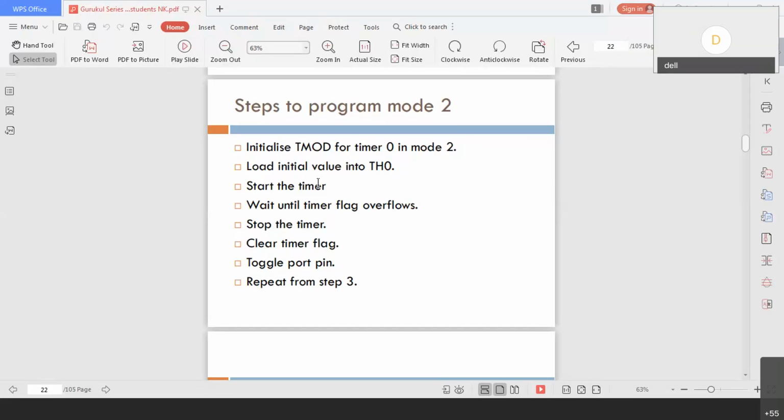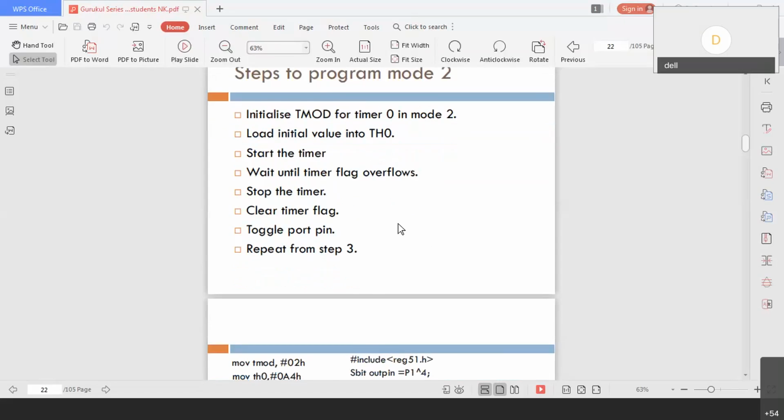Next, start the timer, wait until the overflow, stop the timer, clear the timer overflow flag, then toggle port pins if required. Toggling port pins here is only for programming purposes, that means on and off of some LEDs or something like that. Repeat step 3 here. Previously we were going for step 2, now it is step 4 it must be, because waiting until the timer overflows closes step 3.